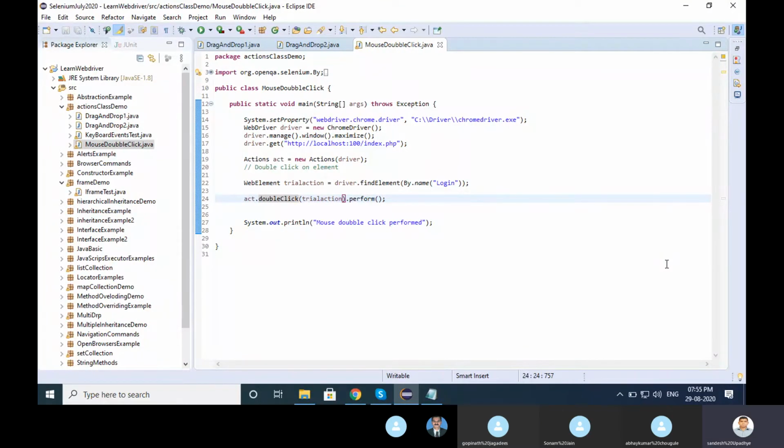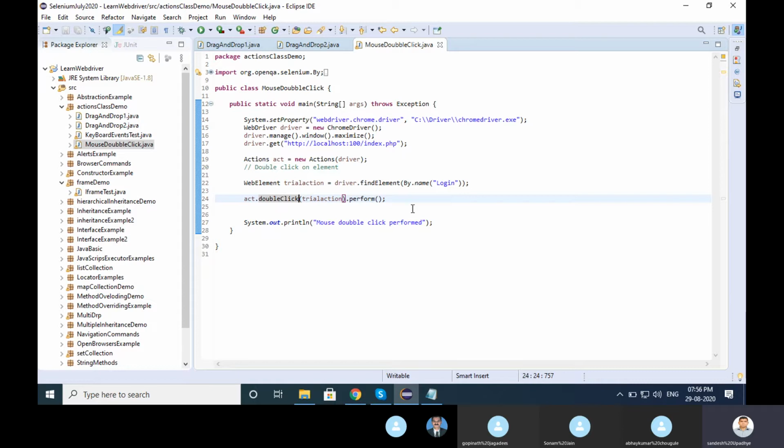No need to worry much about the Action class, because in a project there are very rare or very few conditions where you want to use the Action class itself. Dragging from one location to another location, or sometimes a double click, maybe you want to use somewhere.